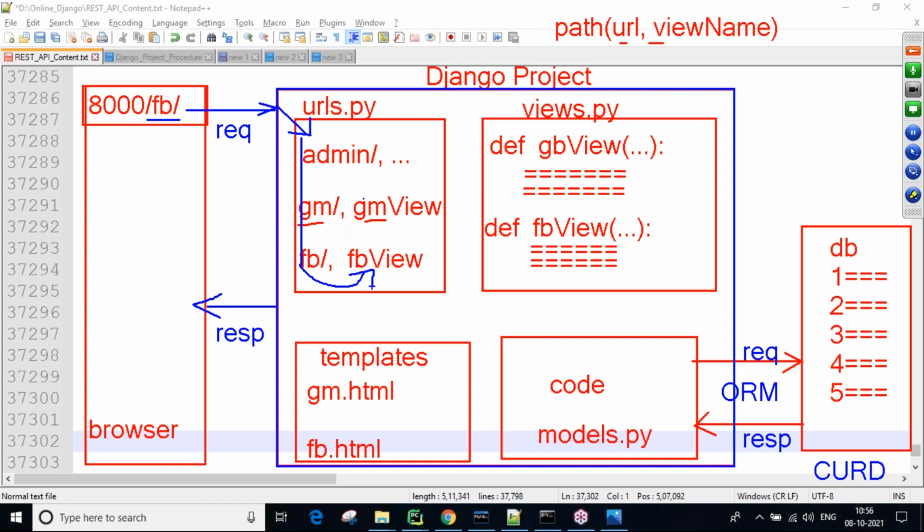Now all the views are available in the views.py file. First the cursor goes to the views.py file, and with this name it checks whether there is any matching view name or not.